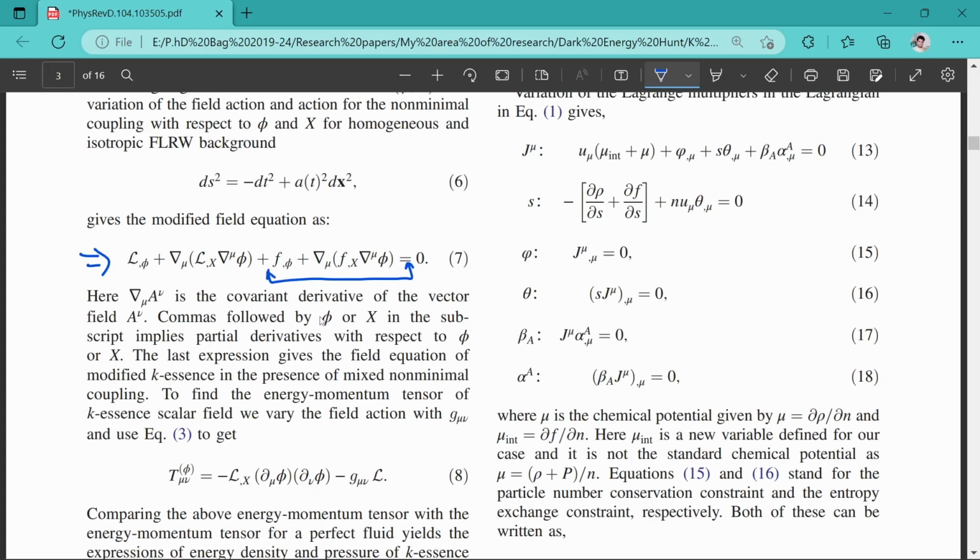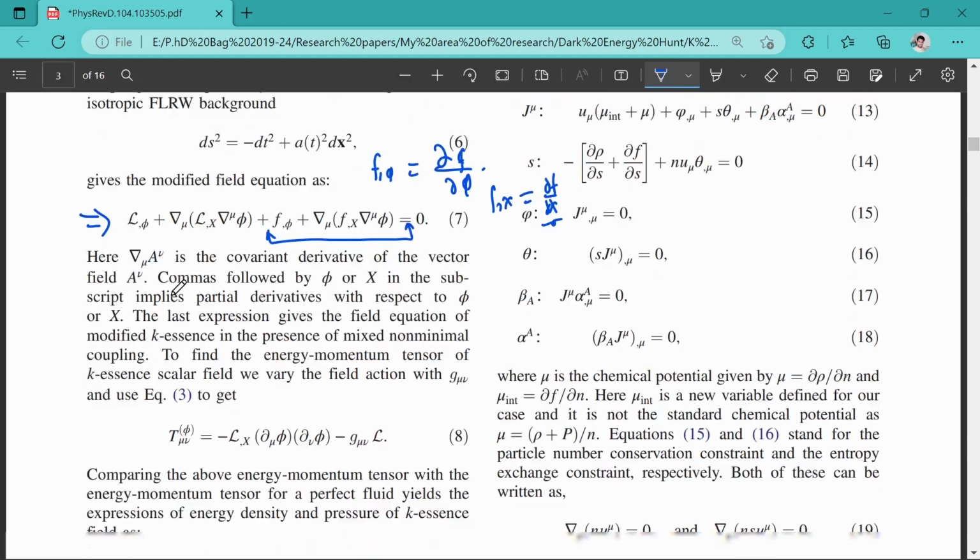But when we introduce the extra term, we have this interaction term f. The derivative of f with respect to phi gives f comma phi, which is basically df over d phi. Similarly here, del mu of f comma x is again df over dx. So these are the derivative terms. Now we have to apply the usual general relativity rules, like del mu A mu nu. Suppose you have any vector quantity and you want to take a covariant derivative, then you have to expand it using the Christoffel symbols or connection terms.